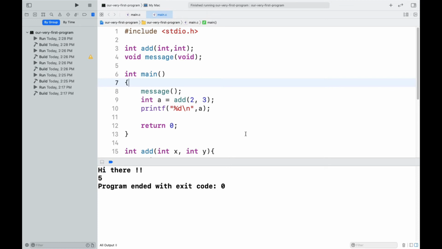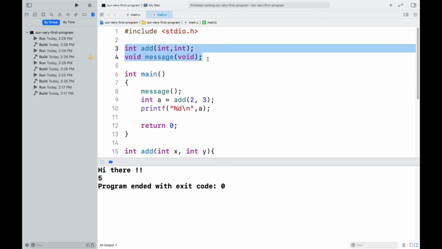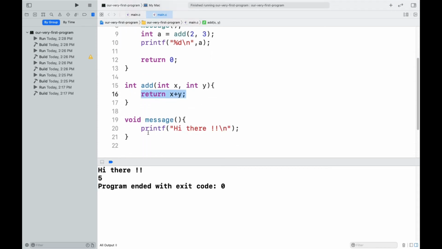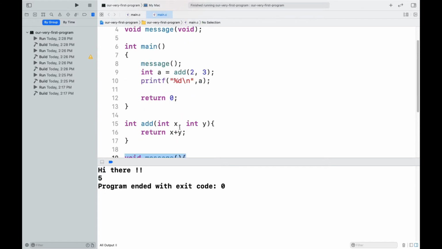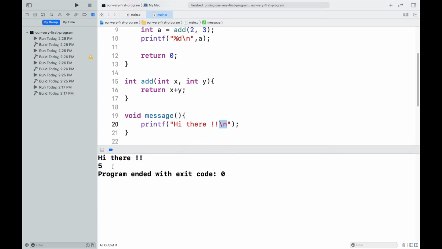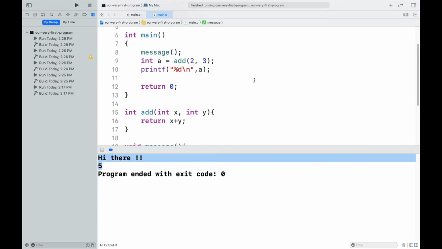So I have declared two functions here. You can see the add function is going to return the sum of two integer numbers, and I have a message function that is simply printing a message of hi there with \n, or you can say the new line character. I have already executed the program, and you can see the output.